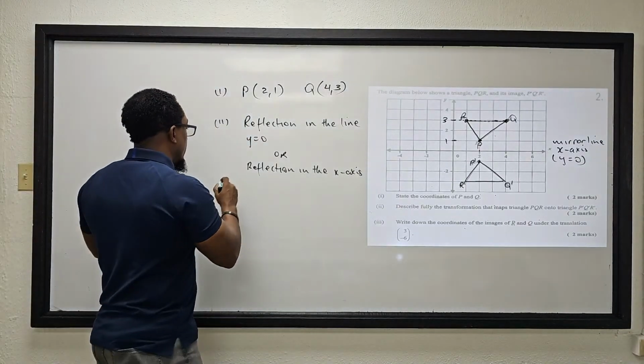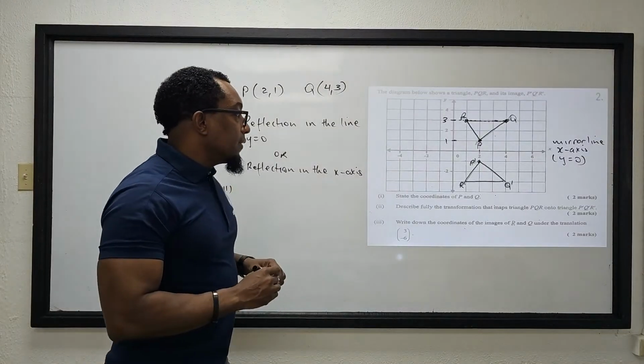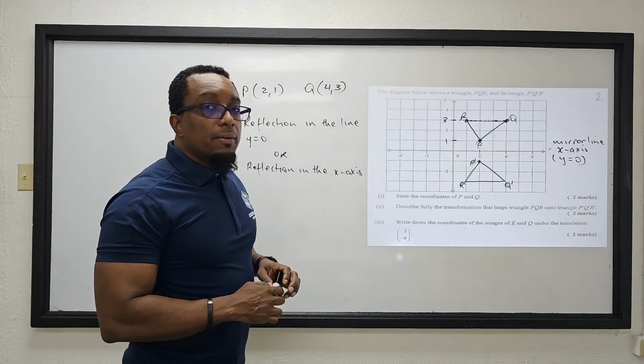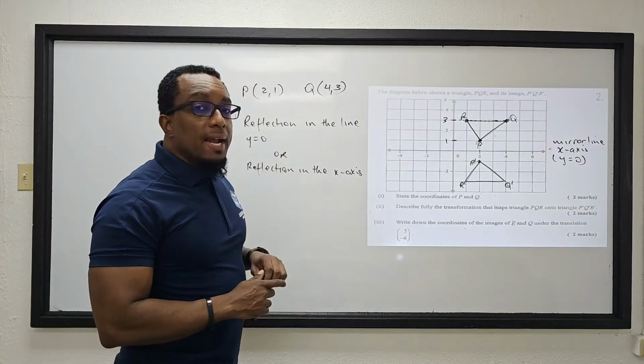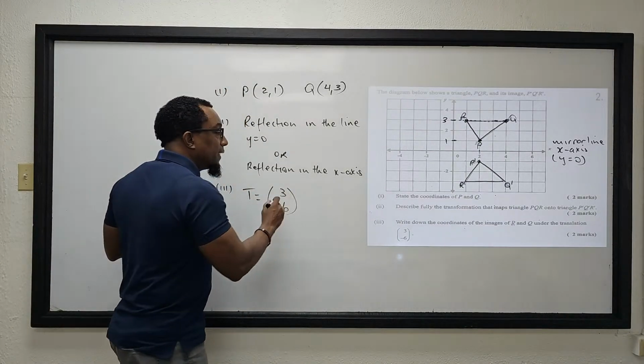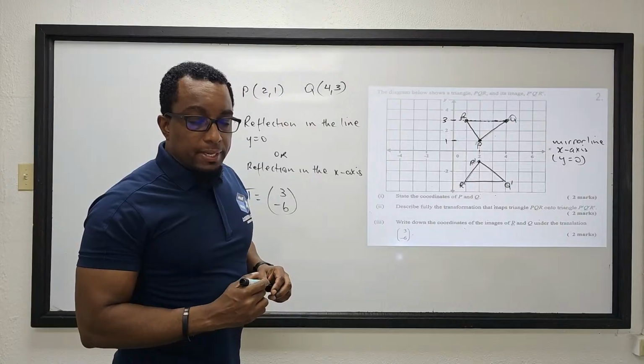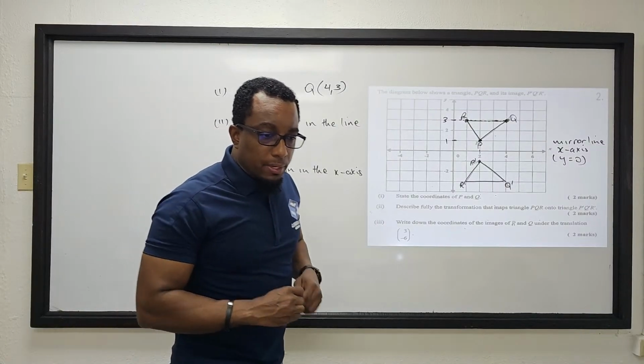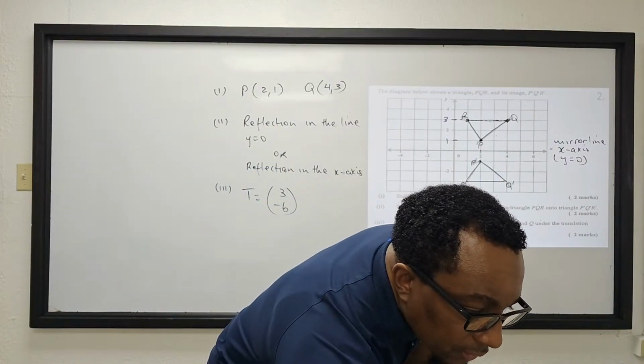They want us to write down the coordinates of the image of R and Q under the translations. We have a translation T, whose translation vector is 3, -6. So what we want to do is